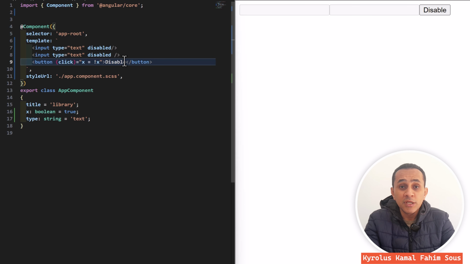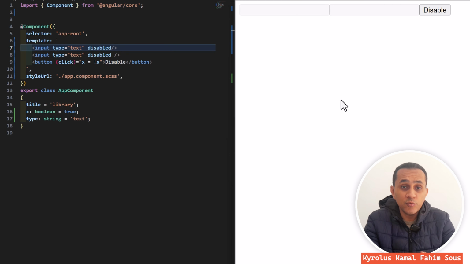In the last video, we started data binding and we saw interpolation, which is the first type of one-way binding. And now we will see the second type of one-way binding, which is property binding. Of course, you know that for each email tag, there are many known properties like ID, name, type, or disabled like here. And sometimes we need to bind the data from the class to these properties.